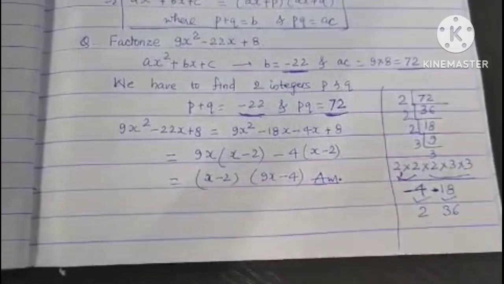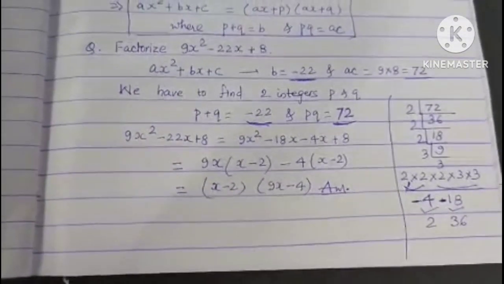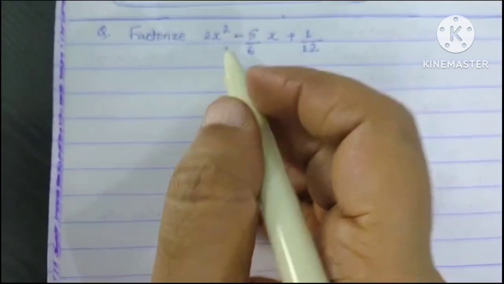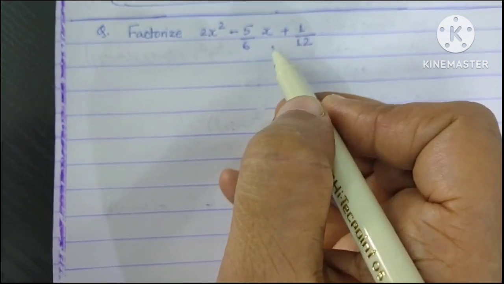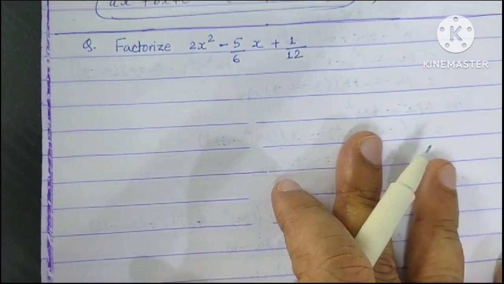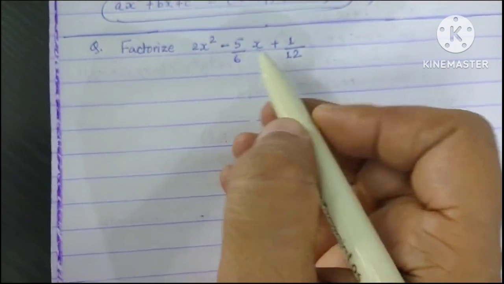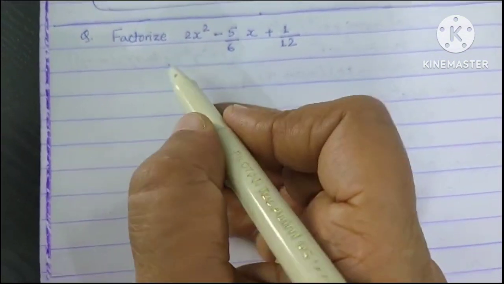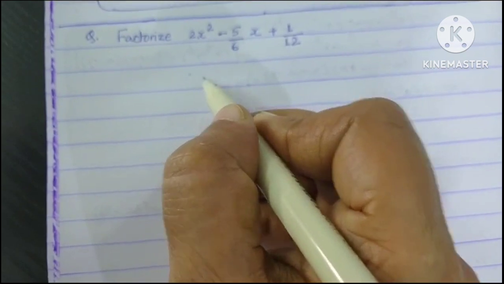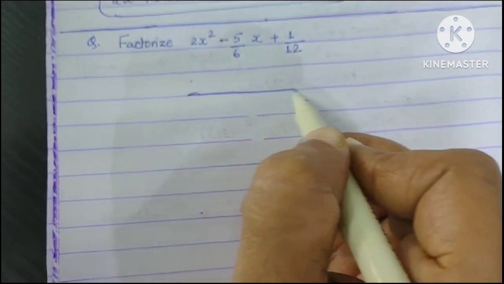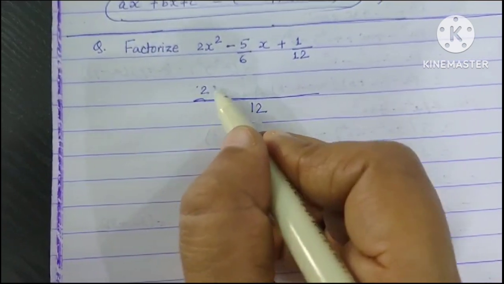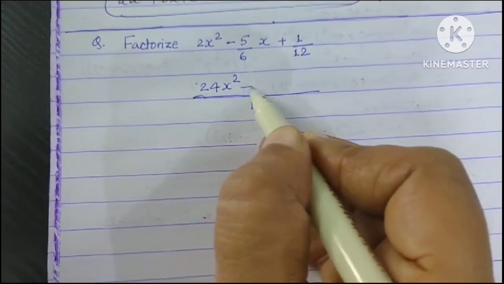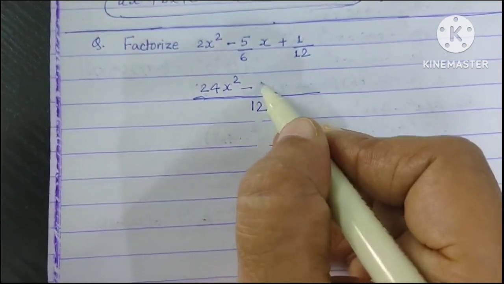Now let's try another example. Let us solve another question. The question is 2x square minus 5 by 6x plus 1 by 12. Let us rewrite it. Let us take LCM. LCM will be 12. So 12 2s are 24, 24x square minus 6 2s are 12, 2 5s are 10,